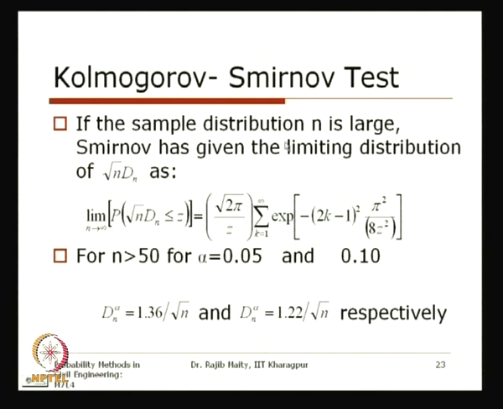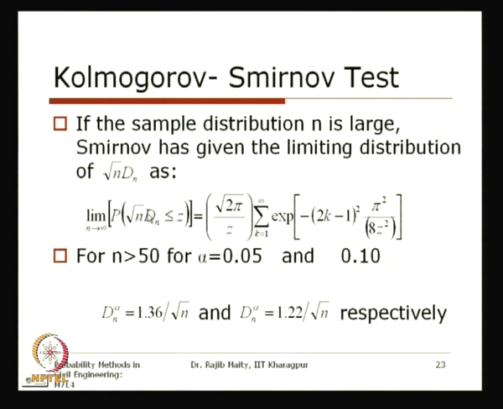Now, if the sample size n is large, Smirnov has given the limiting distribution of square root n multiplied by this Dn. This is the Dn that we have defined, the maximum difference, multiplied by square root n. This quantity follows a distribution like this: the limit as n tends to infinity, probability of